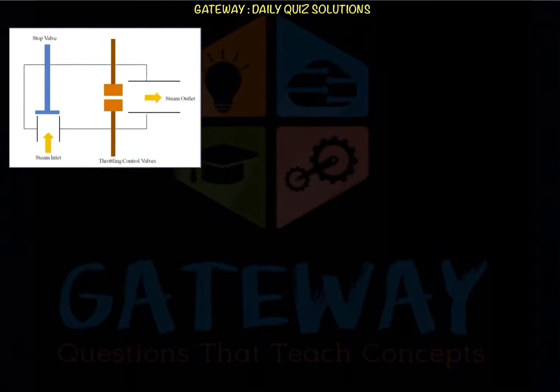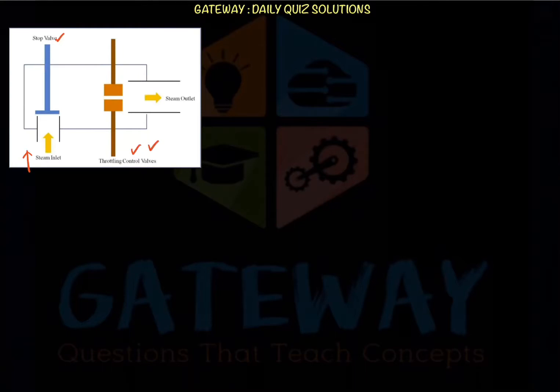Here the steam will be entering. This is called a stop valve. These are the throttling control valves. Suppose your load is more, then our turbine should run at high speeds to produce high power, right? If it has to run at high speeds, then the steam entry into the turbine should also be at a higher rate. Who will regulate that? Depending upon the speed, who will regulate the inlet of steam to the turbine? That is regulated by these governors.